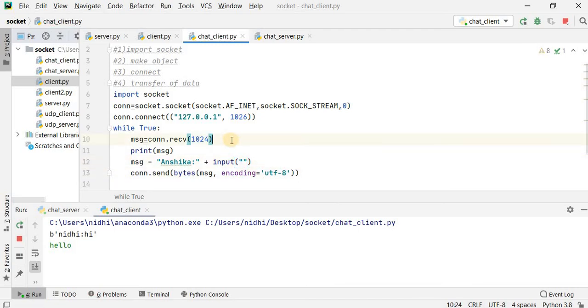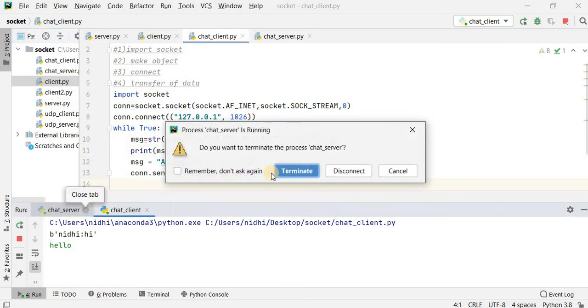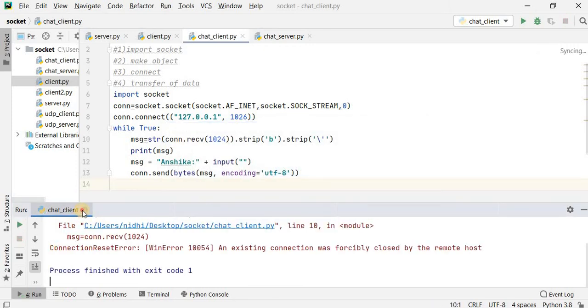So that should be printed over there, and here it will be str. I think now it will become good. So I will run this again.